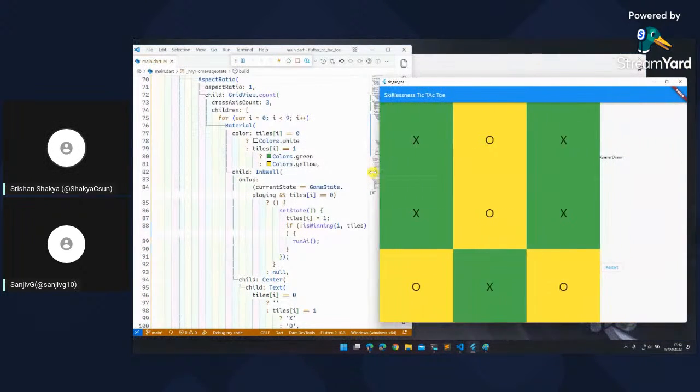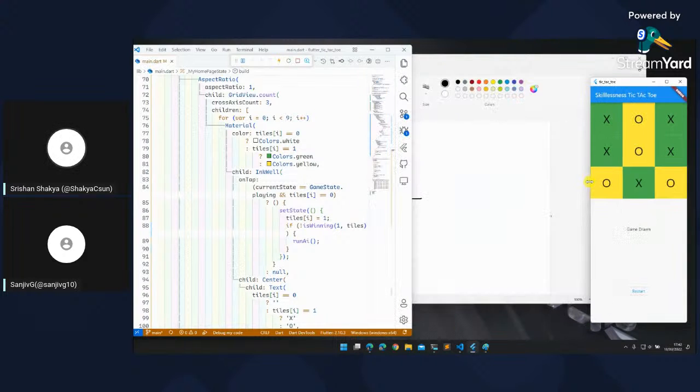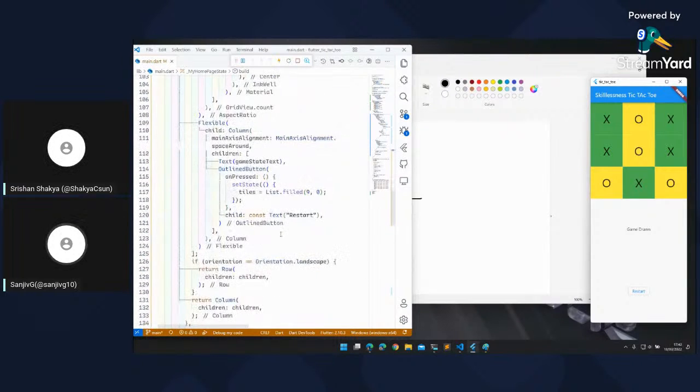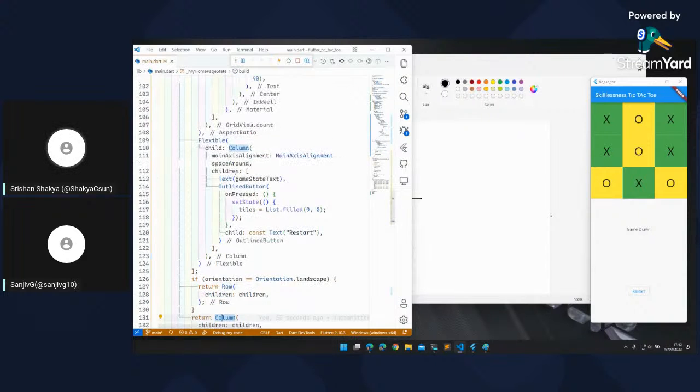If the height is smaller than the width, this is landscape, and if the height is greater than the width, then it is in portrait mode. Yeah. So we just change the row and column, but keep the same children.